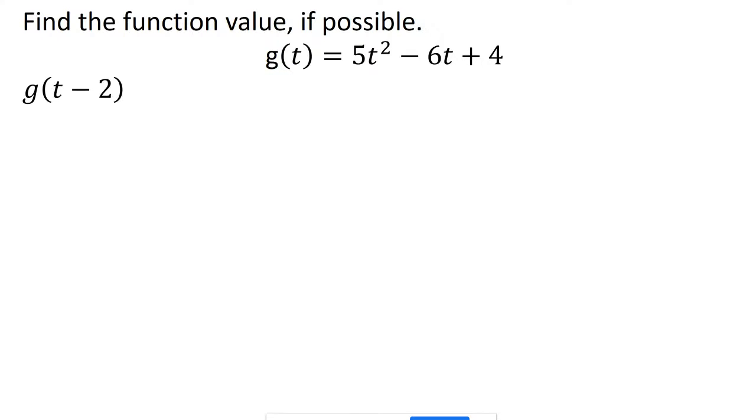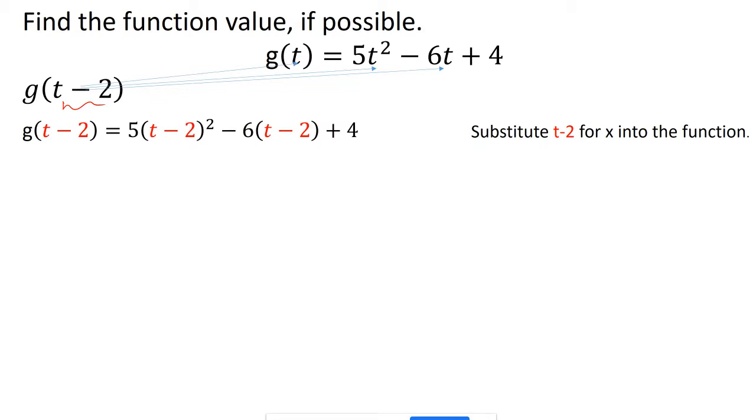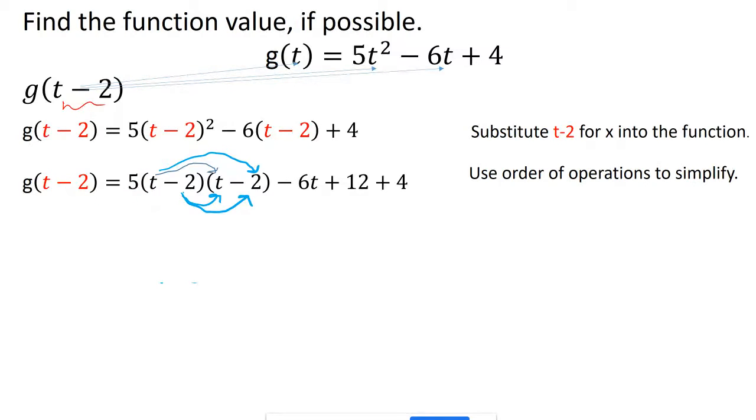So the next one is find the function value if possible, and now they give me t minus 2. So if we plug that in for all the t's, then we would end up with 5 times t minus 2 squared minus 6 times t minus 2 plus 4. We're going to use order of operations. So I'm going to rewrite t minus 2 squared as t minus 2 times t minus 2. And then I'm going to multiply it out, or as some of you might know it, I'm going to use